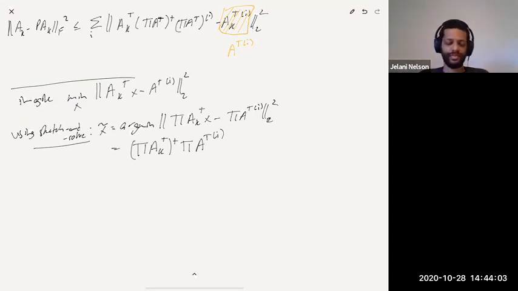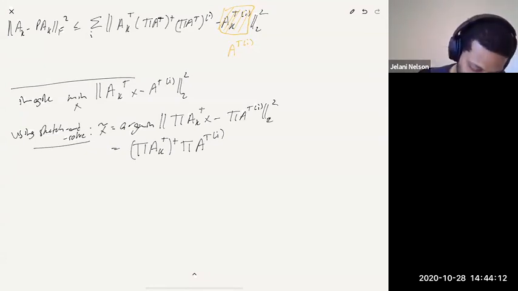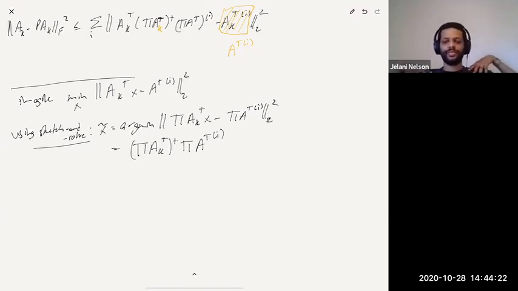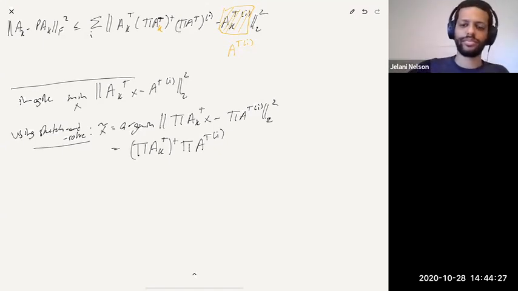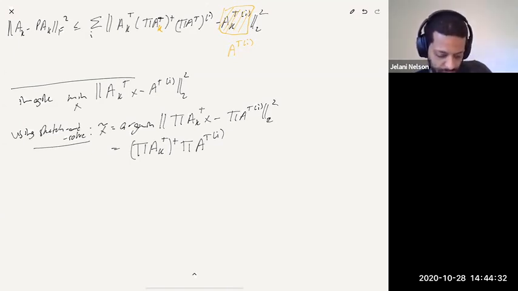Okay. So I guess I should have said that it's not exactly the same. It's the same if that thing had been A transpose I as well as this thing had also been an AK here. Then it would have been exactly the same as a regression problem. Okay. Yeah, so it's not exactly the same, but now what we can do is